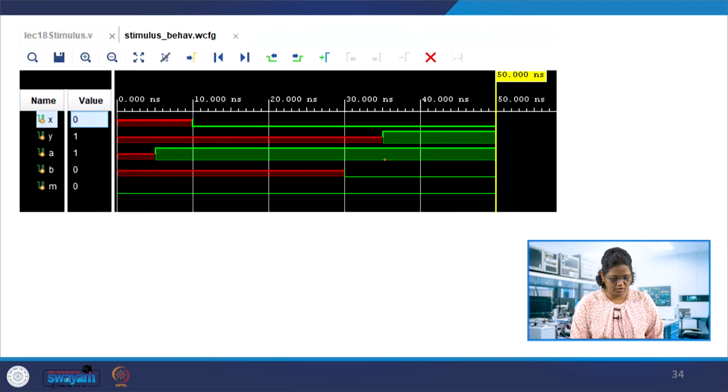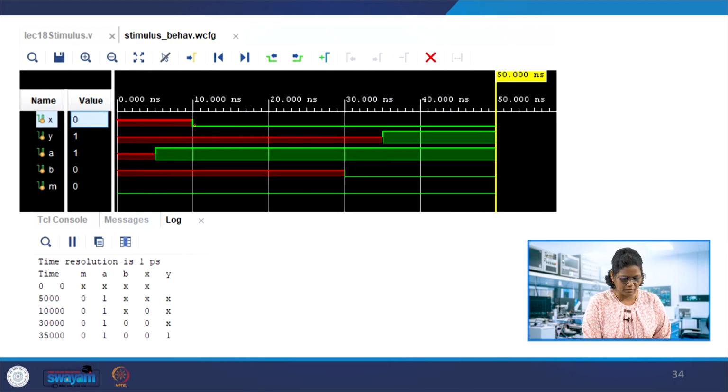The output which can be observed here is that at 10 it is 0, and at 35 you can see this is becoming 1, and A, B is at 5. Here the first one, and then you can see 30 and 35 for other blocks also.